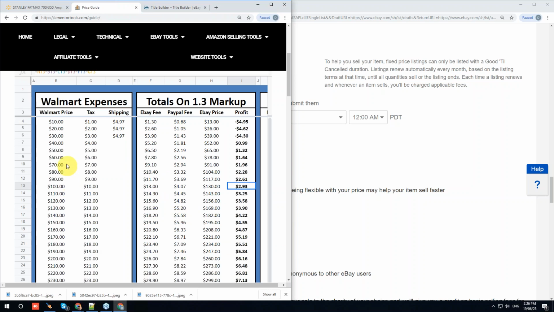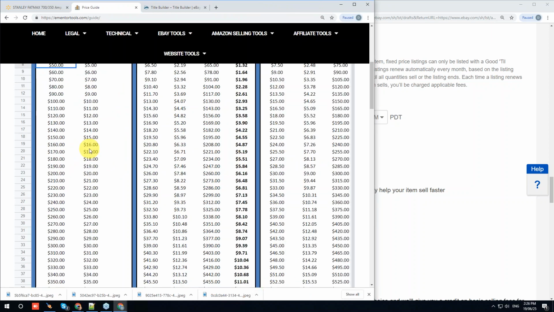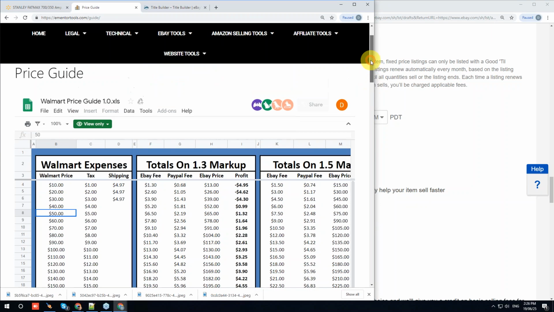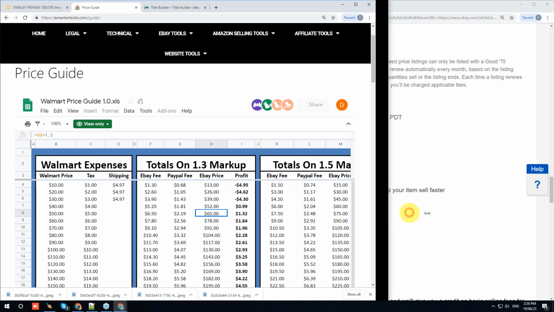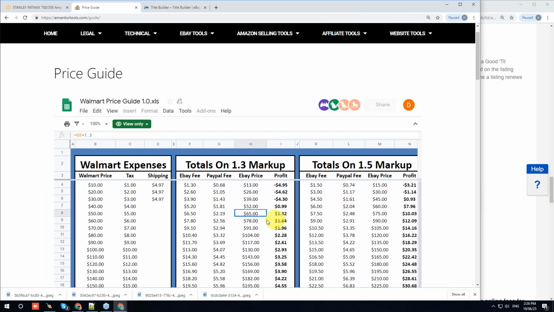So if we use our price guide and we say, okay, the Walmart price is basically $50. Let's make this a little bigger. So our Walmart price on this item is $50. We're going to get free shipping on it, so you don't have to worry about any additional costs there. So that means that our eBay price needs to be somewhere between $65 and $75. Let's make this a little bigger so we can see our profit. And if we price it at 65, we'd make a whopping $1.32 based on, again, probable tax based on a